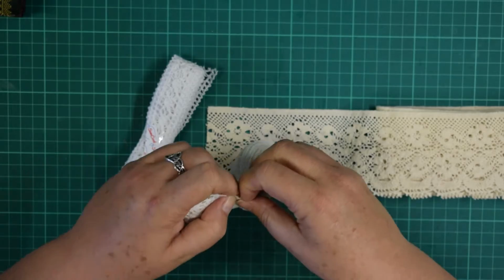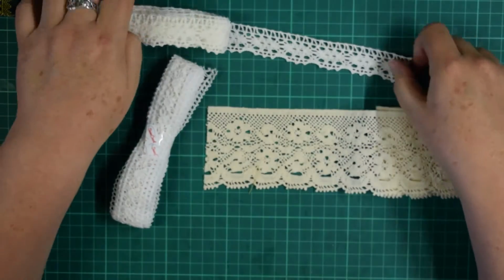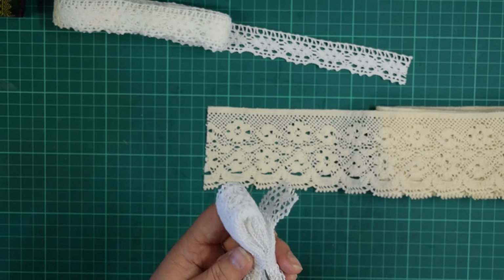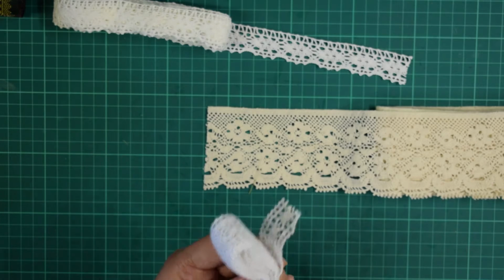And I think it's crocheted lace, so it's nice and sturdy. But yeah, it's nice to have something different. I tend to not get a lot of lace, and I know you can get the craft laces and that,